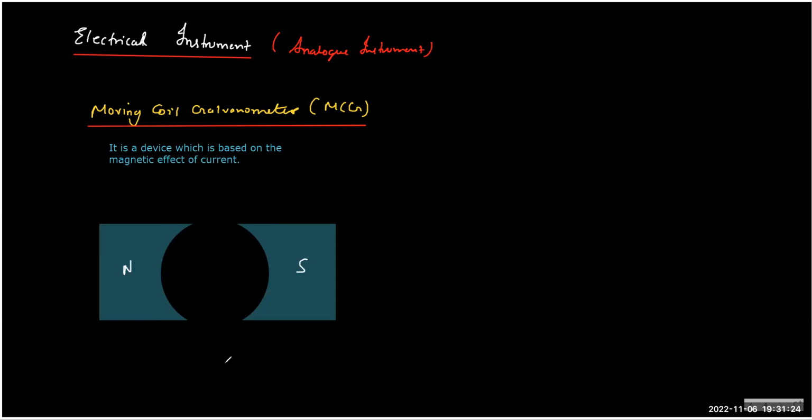This is the top view which you are looking at right now. We take two cylindrical bar magnets, in which the middle portion is cylindrical. You can see this is the empty space, and we have a north pole and a south pole. Now between the poles of the magnet, we insert